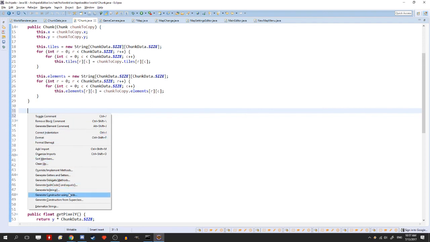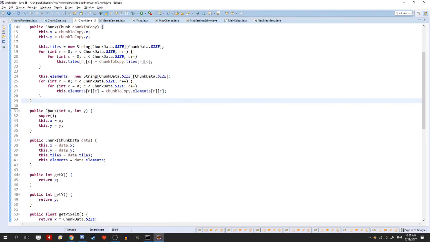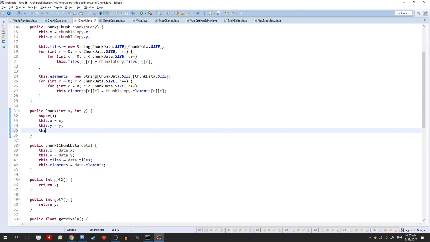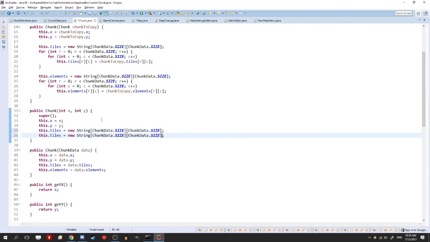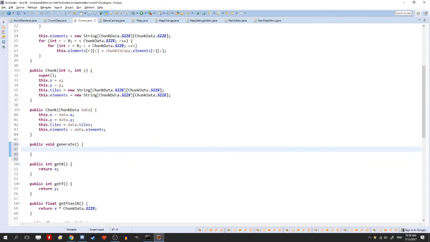What is it? So generate constructor using fields like that. Okay, so that's a constructor that's just basic. We're also going to make it create the tiles array. Size. Okay, and it's going to